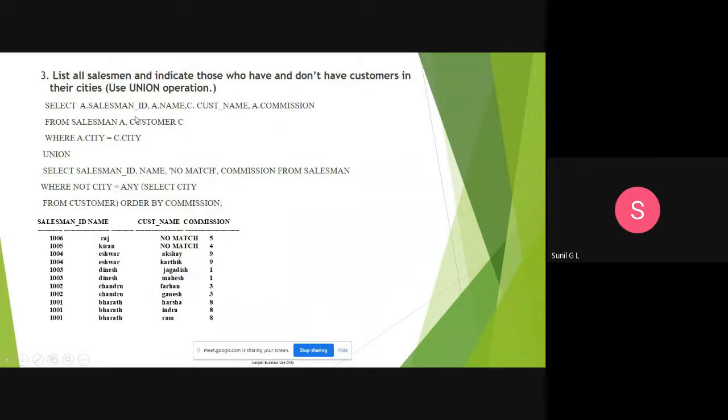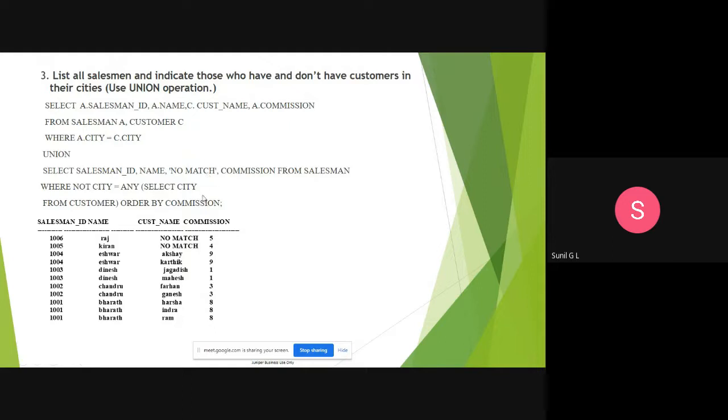So here, I need to find the salesmen who have customers in Bangalore. For example, suppose a salesman belongs to Bangalore. So I need to find the customers who are in Bangalore, and that salesman who is not in the customer's city does not have customers in their city. It means in some cities the customer is not there.